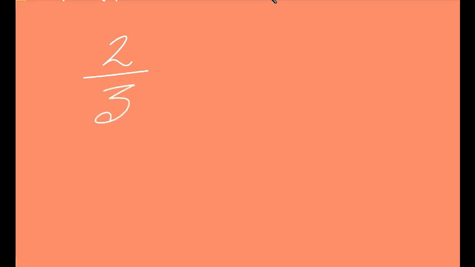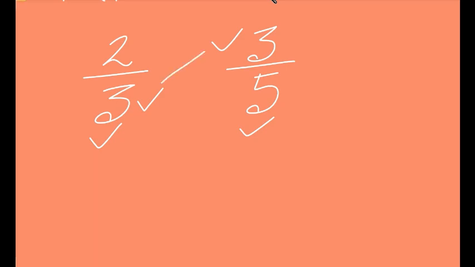So what is 2 by 3, and let me take a smaller one for you now, and I shall go to the bigger one, 3 by 5. Do we have the denominator same? No, we don't have the denominator same. In one we have the denominator 3, in the other we have the denominator 5, and they are not same. But you can see this denominator here is same as the numerator here, not denominator. This is numerator, not denominator. So can we compare? Oh no, not like that. That kind of comparison rule is not there. However, that cross multiplication thing, as I told you, I'm going to use it.